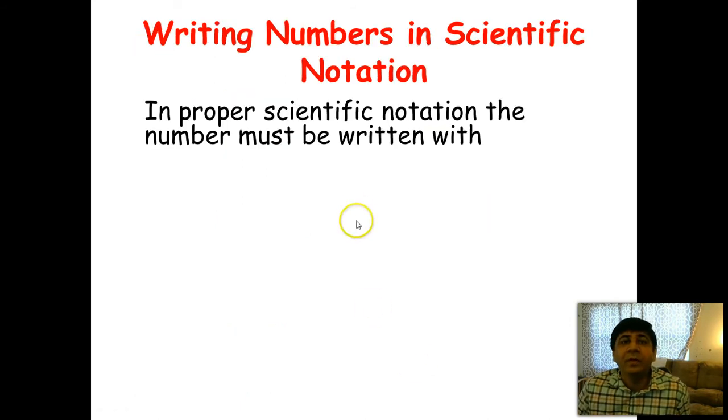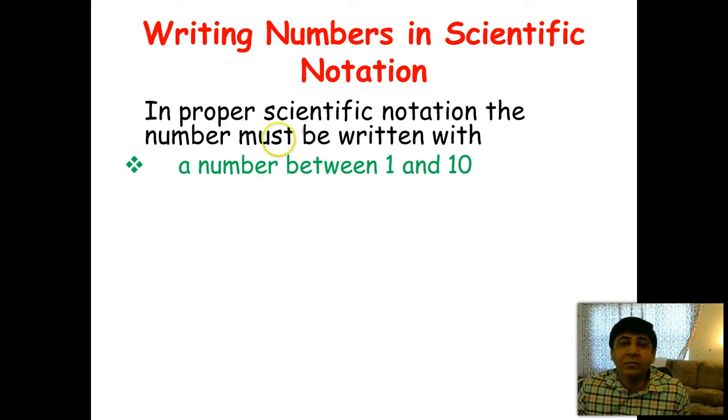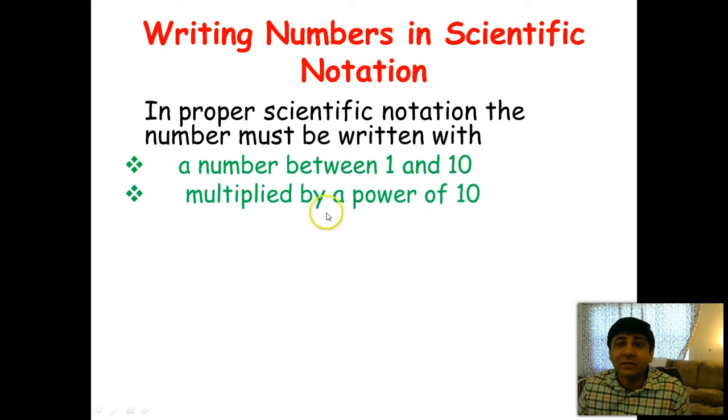To write numbers in scientific notation, there are two pieces. The first piece is a number, it can be any real number between 1 and 10. It can be equal to 1 but it cannot be equal to 10. It has to be less than 10 and bigger than or equal to 1. This is one piece, and the second piece is that we multiply this first number with the power